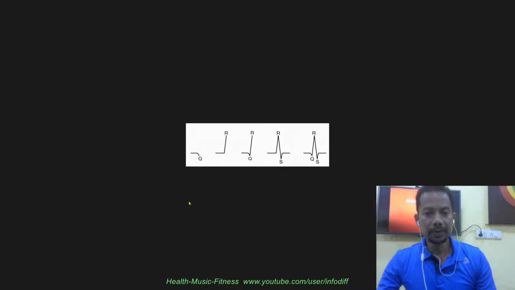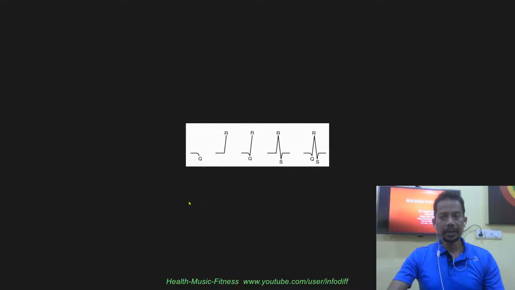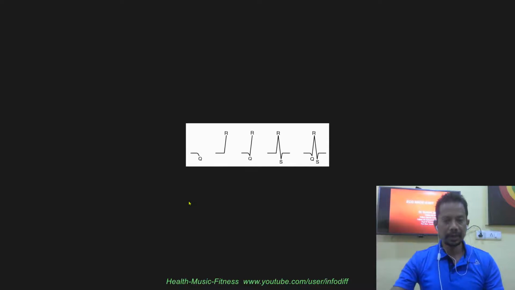Then there are different types of QRS complexes. Now we'll just be talking about the QRS, not the P wave or the T wave. In some complexes you will see there is a Q wave, that is the first negative deflection in the QRS complex, and the first positive deflection is called the R wave. So the complex might be a QRS complex, or there might not be a Q wave and you will see an RS complex, like in this one. This is a QR complex, this is a QRS complex.